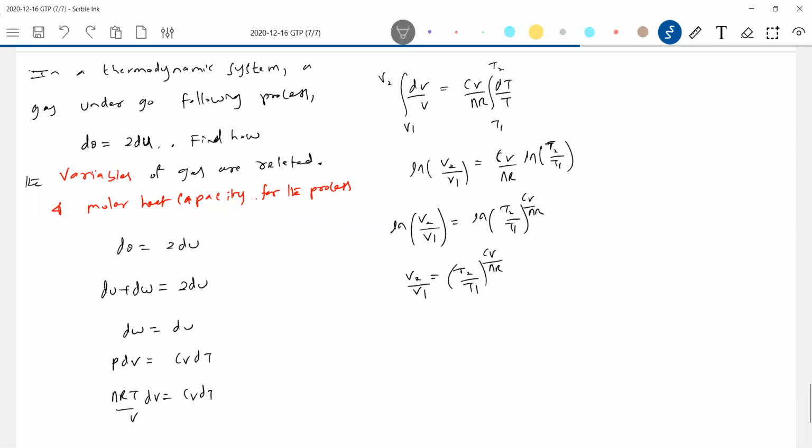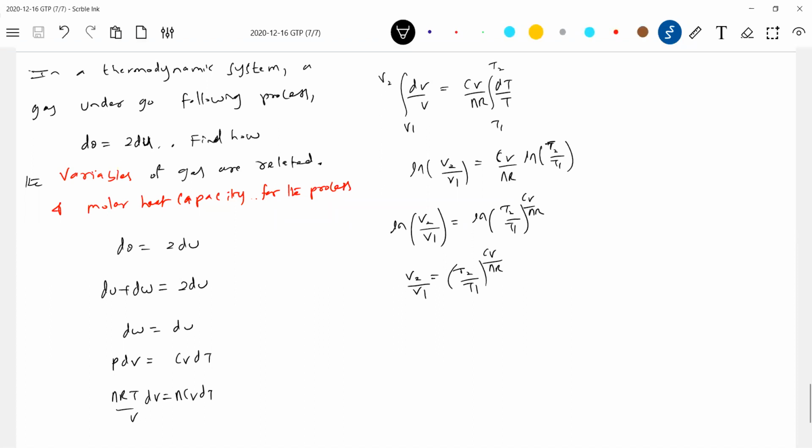Okay, one n should be here, no? I think this n will not be there. Okay, no. So this will be CV equal to, let me write, CV equal to R by gamma minus 1. R will get eliminated. So 1 by gamma minus 1. So the equation will be